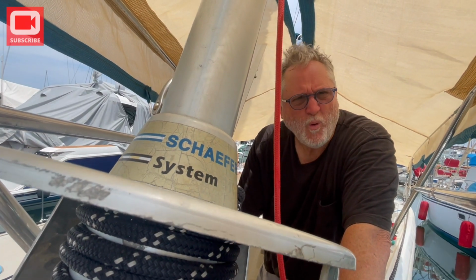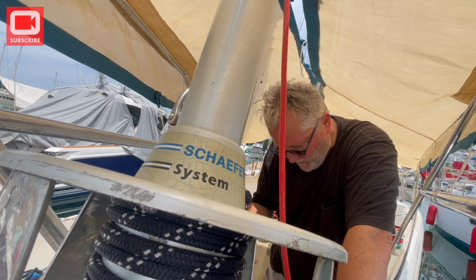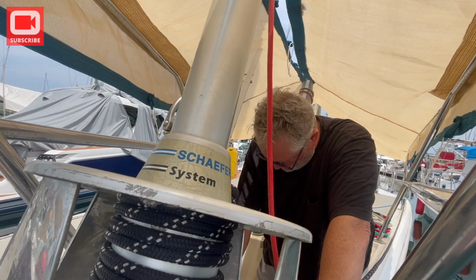So we got to tear the whole V-berth apart to get underneath there. And I mean literally take everything out because it's going to be in the bottom. I'll get it. I'm very good at tearing that apart, undoing the...